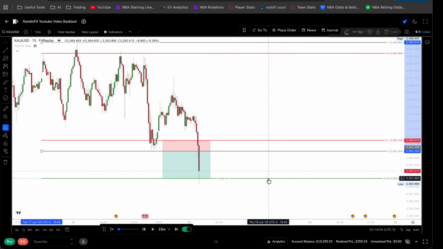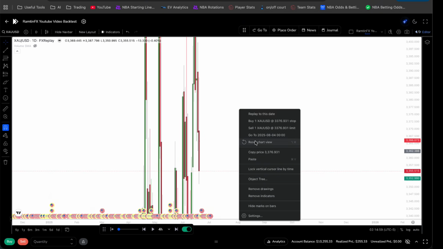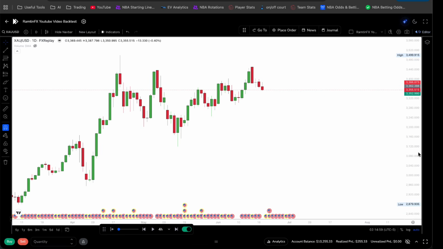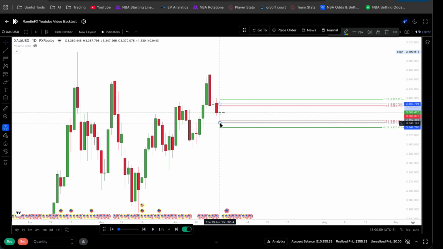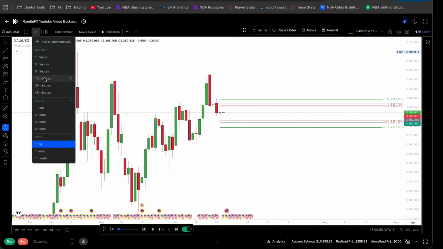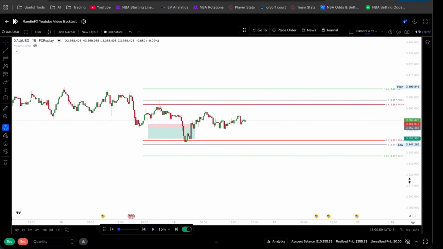All right, so now we're going to remove all of this. We're going to go back up to the daily time frame, and we are going to wait for the next daily candle to open. All right, here we are, fresh new daily candle. So first things first, we're going to take our Fibonacci tool. We're going to draw it from the high to the low of the previous day's candle. We're going to drop down onto the 15-minute time frame, and again, we are going to place our buy stop